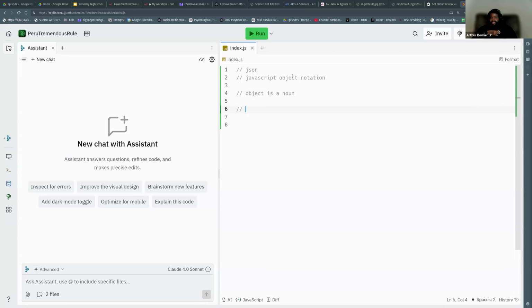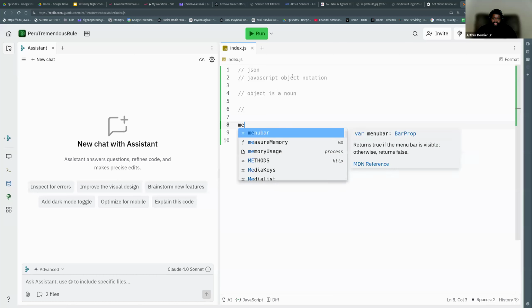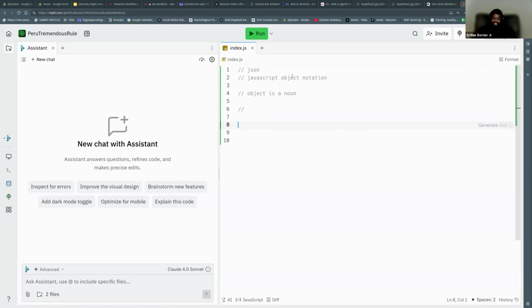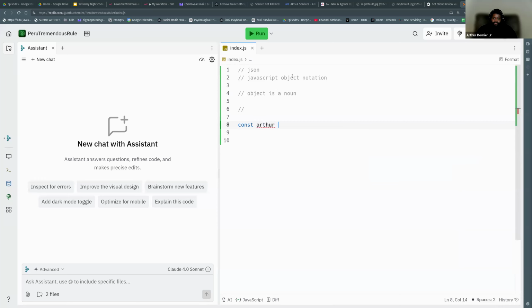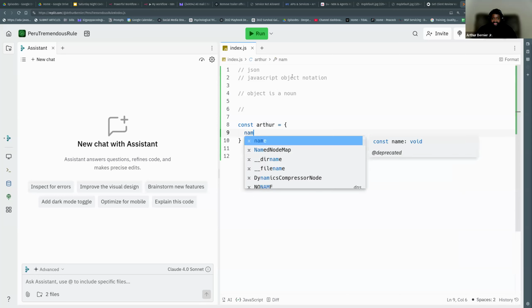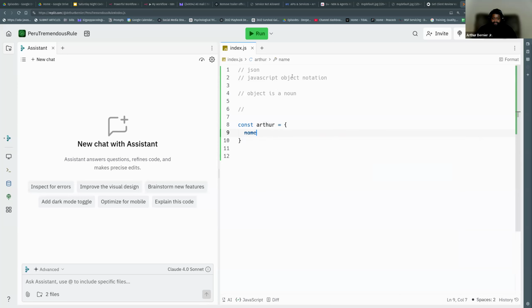If I was to describe myself in code, I would describe myself as an object. For example, if I make a thing called me, or let's say Arthur, then I would write object notation, right? So I put curly braces like this, and then I would describe myself. I might say something like name, and I'm going to say my name is Arthur